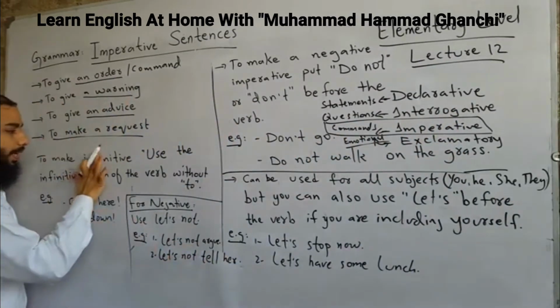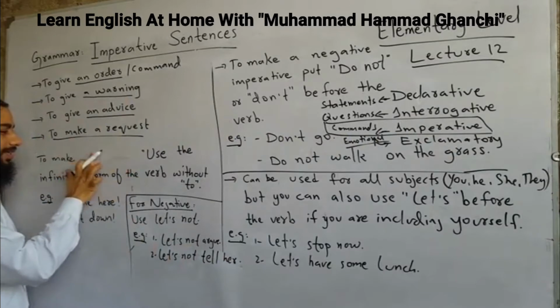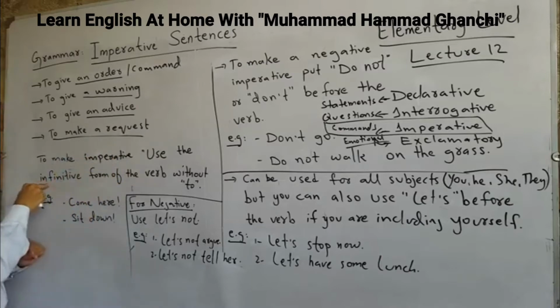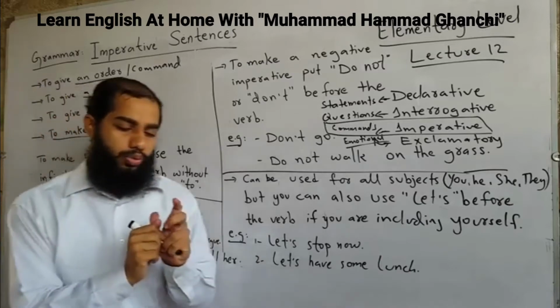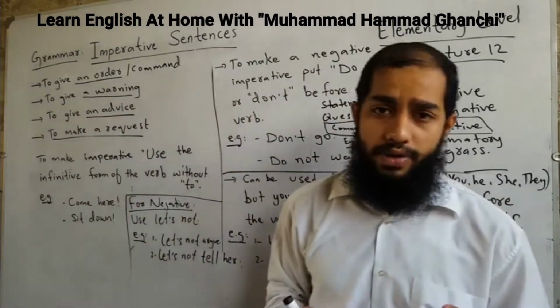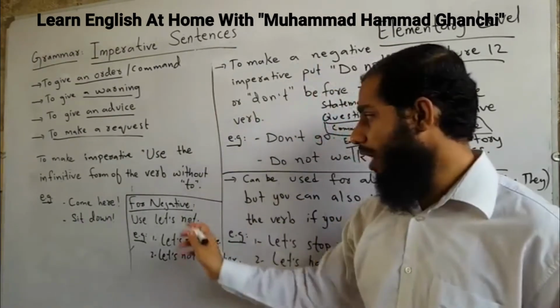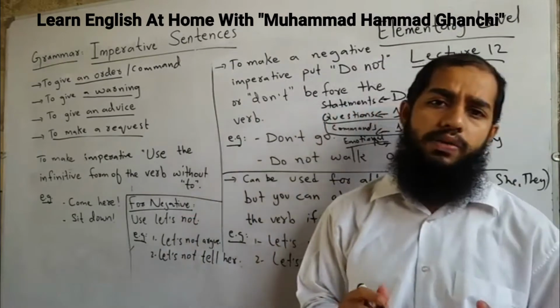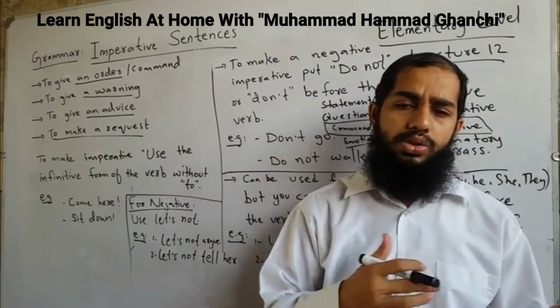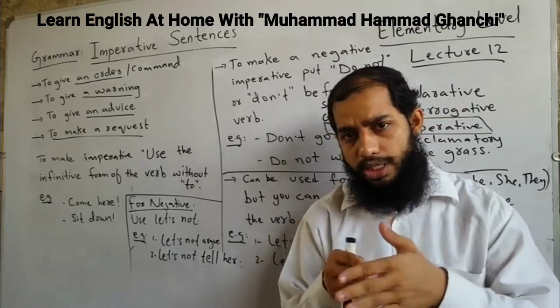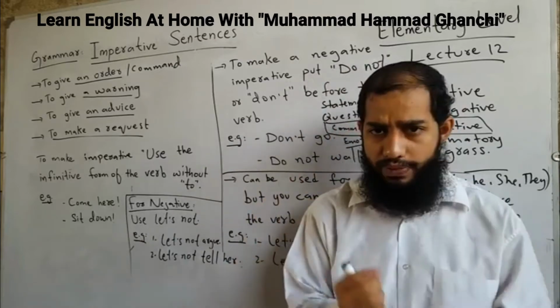To make imperative, बनाने के लिए आपको क्या करना होता है, use the infinitive form of the verb without to. Infinitive form क्या होती है, first form you can say or you can say base form. Okay, without to, क्योंकि ज़्यादातर ये infinitive का कॉन्सेप्ट to infinitive के साथ जाता है। जब infinitive first form के साथ जब आप to लगाते हैं तो वो बन जाते हैं to infinitive,